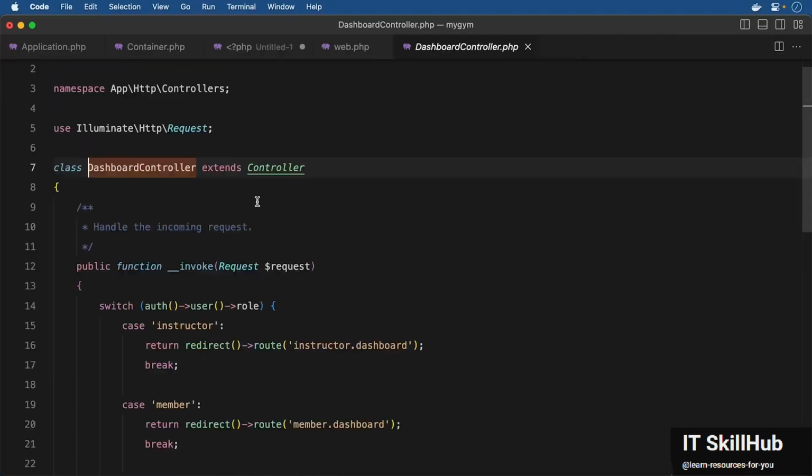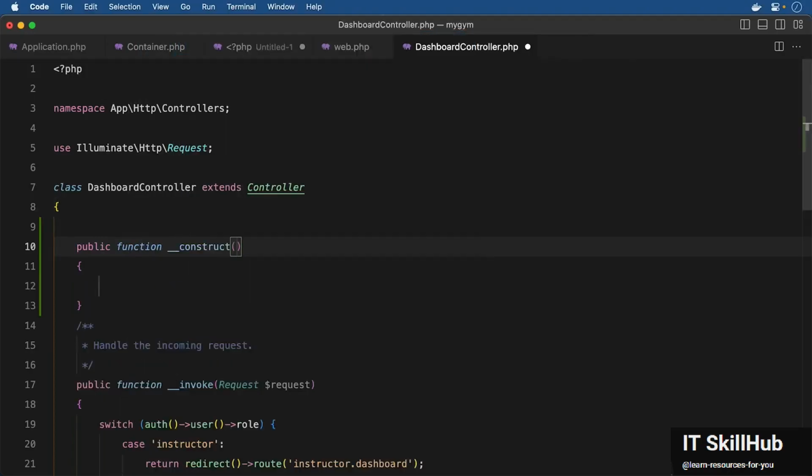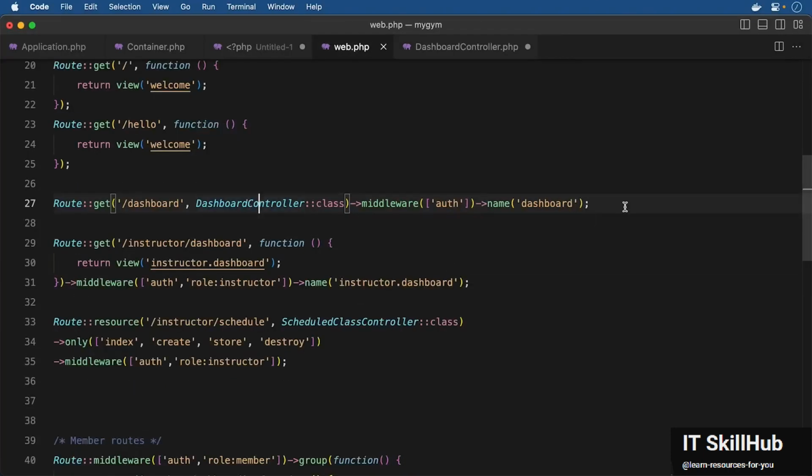And suppose we have another dependency within the dashboard controller, like so, public function construct, and let's say we have some class, some object dependency, which we are later using here. Laravel will resolve this also recursively while resolving the dashboard controller class. This allows for easily managing dependencies, less chaotic code, and also provides a way to change the implementations without changing code in too many places. In summary, the service container is a critical component of the Laravel framework, providing a way to manage dependencies and resolve objects throughout the application.